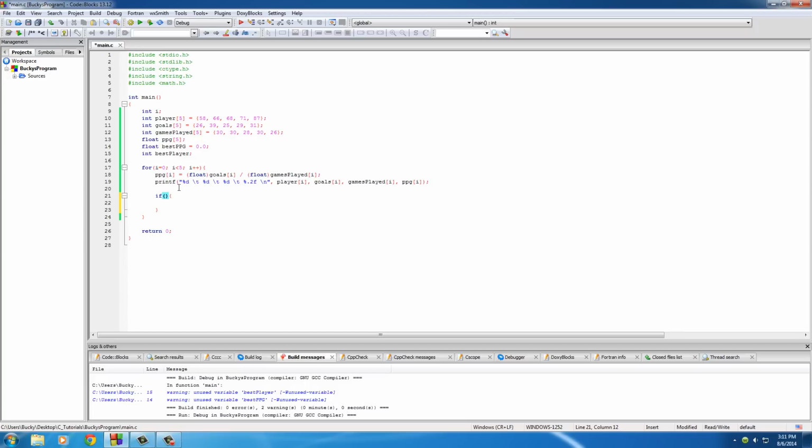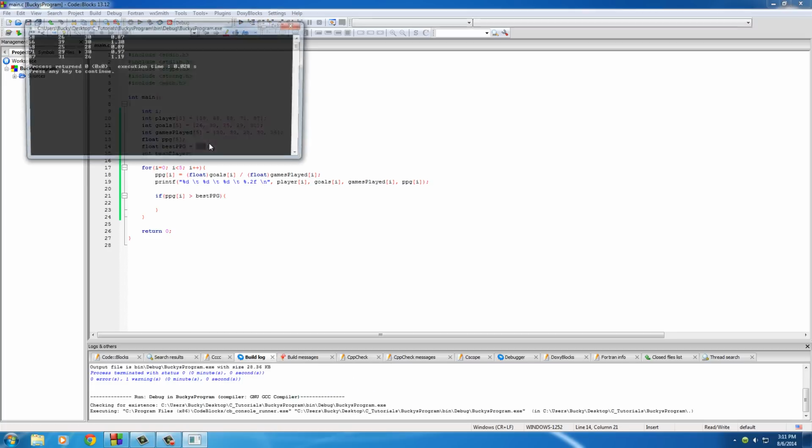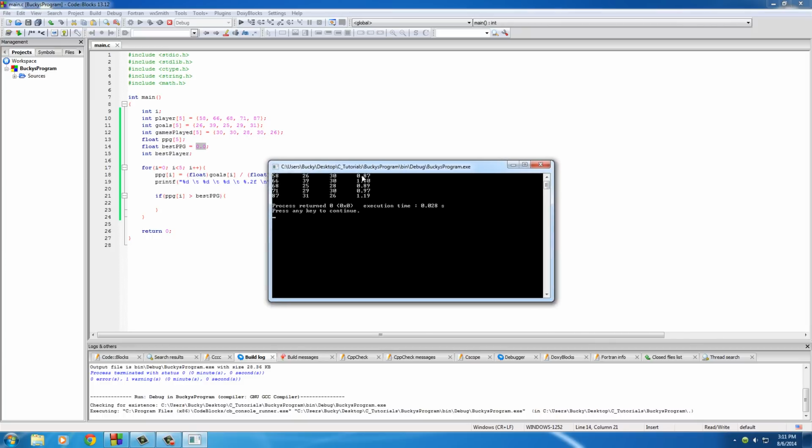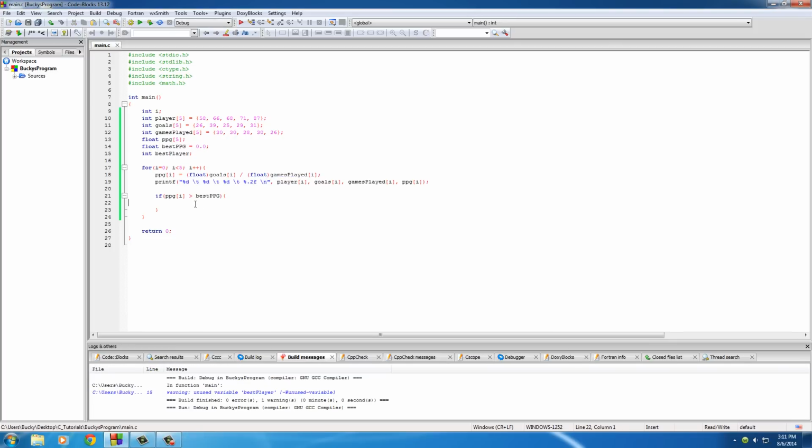So of course, we get the best player based on their points per game. So we'll say that if points per game for whatever player you're currently looping through is greater than the best points per game, and again, the first time, we'll say that the first player is the best, since by default it's 0. And then every other time, so right now on the first loop, 58 is the best. On the second loop, it's going to say 66 is the best. And he's going to remain the best as long as no one beats him out. So as long as no player is better than the current player with a high score, I guess you could call it,